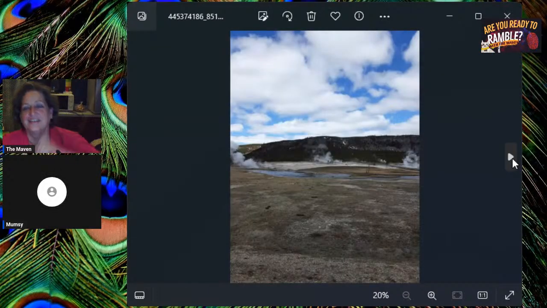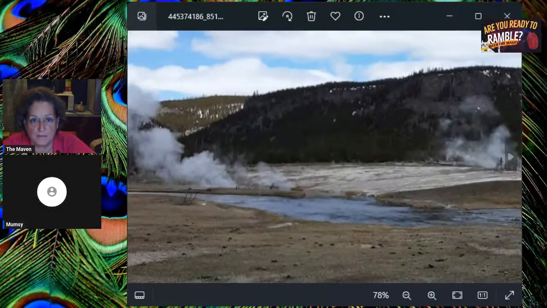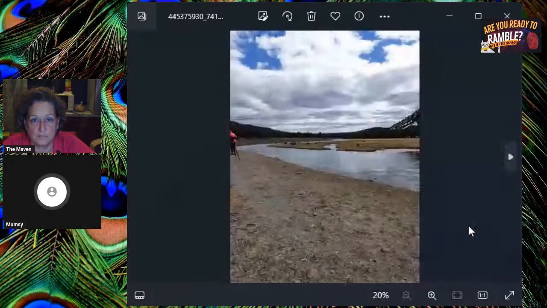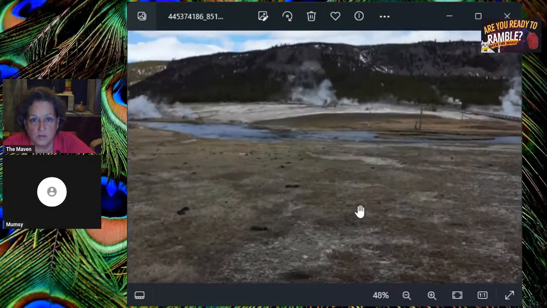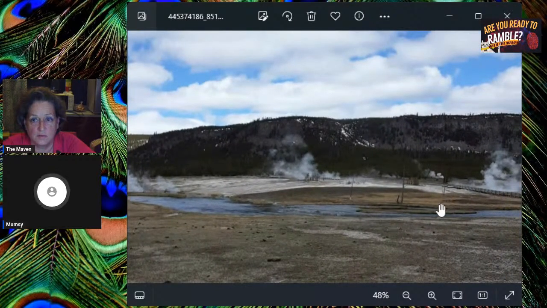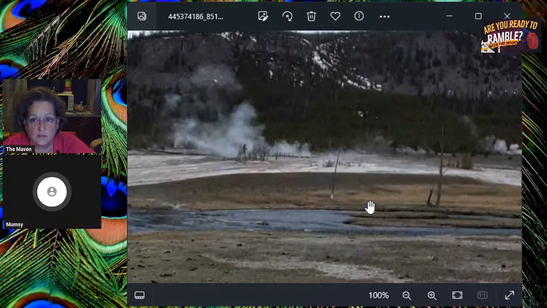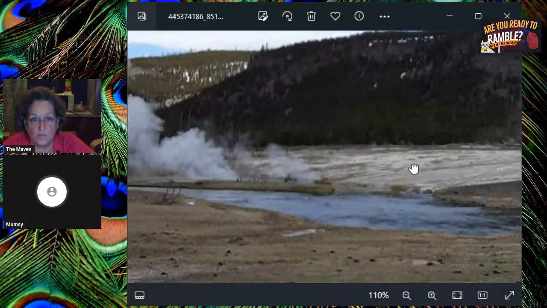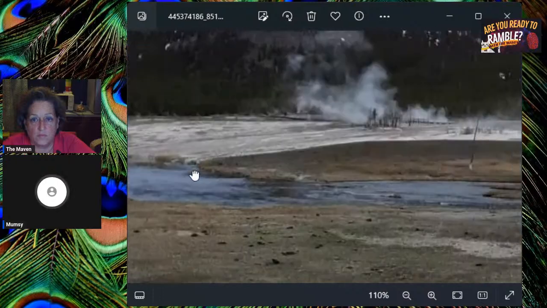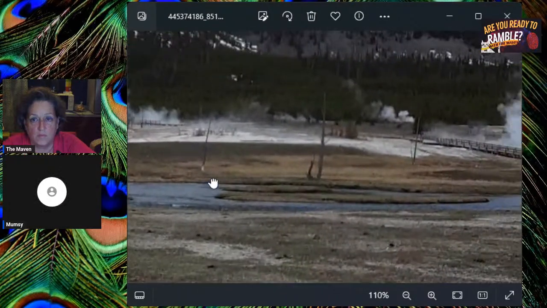Thank you. Oh, and look, here's some of the geysers. Right, and you'd have to zoom in to actually see them. We were amazed at how many little geysers there are all over. There's a walkway to go out there. I'm not sure, I think they're called fishers, but they're all small ones everywhere. I was amazed at how many there are.